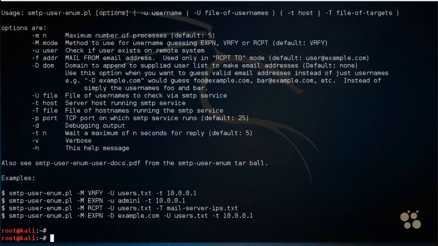If we wanted to use this, we could type in smtp-user-enum -M, and the capital M is for the method of username guessing. The default is VRFY, which may or may not be supported on the email server that you're connected to. That's why it's great to have additional options. The method I'd like to use is RCPT, for the recipient. Then I'll do a -u, lowercase u, which is this bad boy right here. We're going to specify the username. Let's go ahead and do